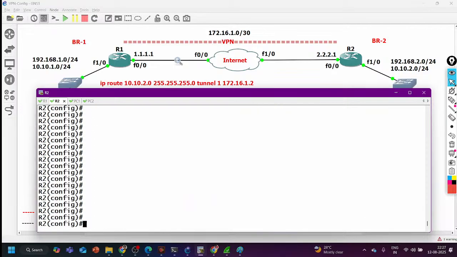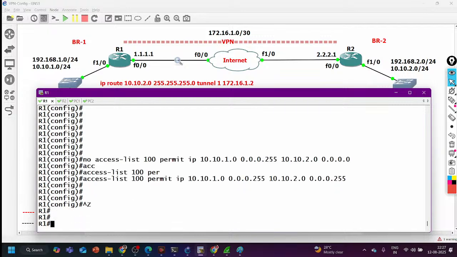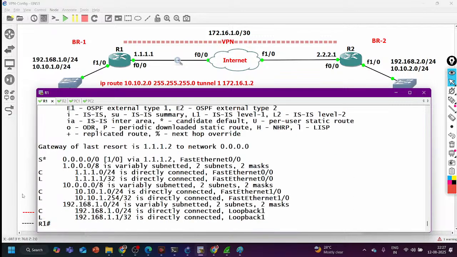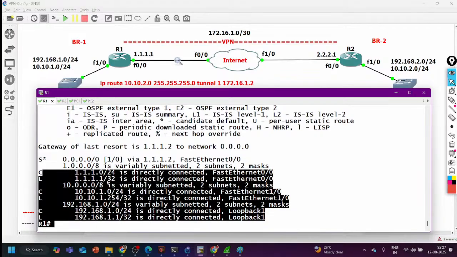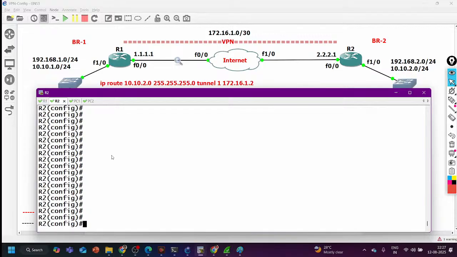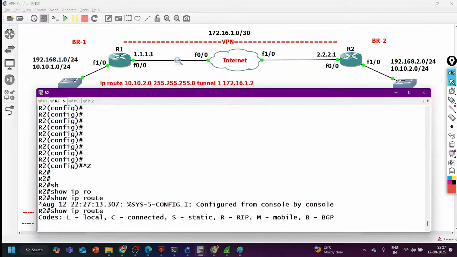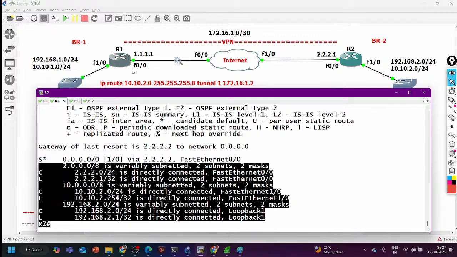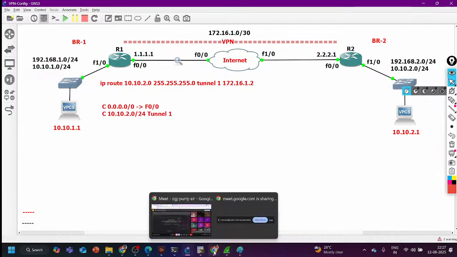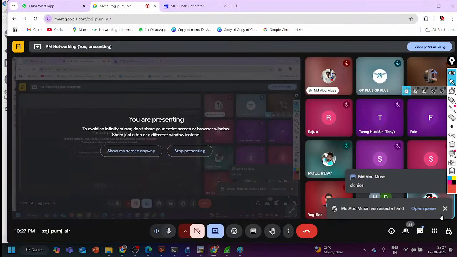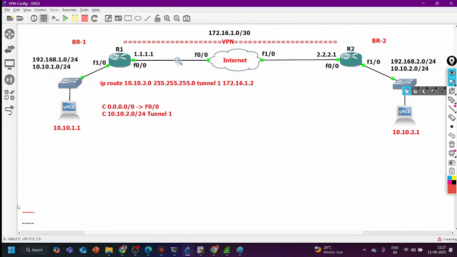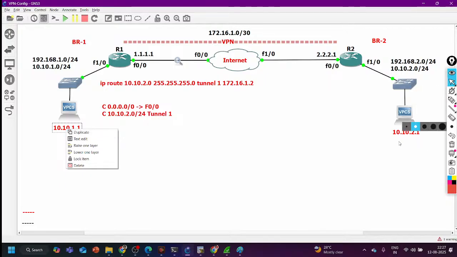Now PC1 and PC2 can communicate or not, guys? So IP route, now you can see we are not receiving any route through the EIGRP protocol. There is no tunnel, nothing on router number 2 also. So IP route. Again, if I am going to ping the destination 10.10.2.1 from 10.10.1.1, ping will not work? But this time one interesting thing is there, right? When 10.10.1.1 generates traffic for 10.10.2.1,